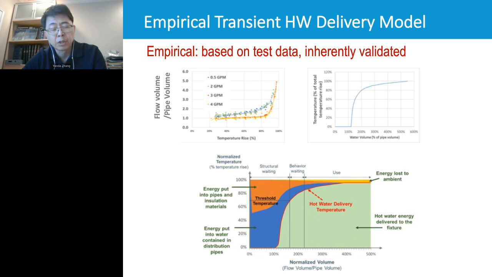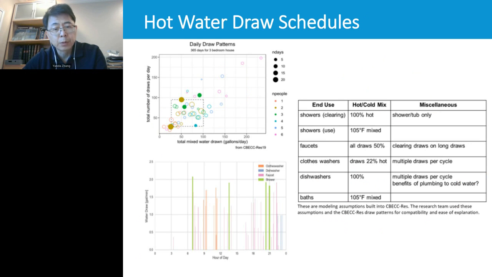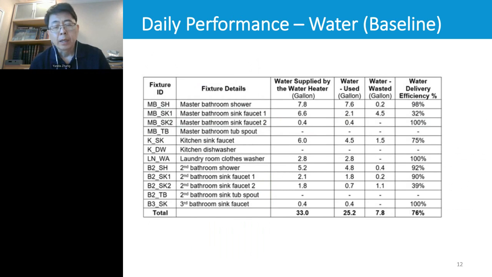For example, in the diagram here, the green area shows how much energy is actually delivered to the fixture. We also have a model that allows us to quickly configure distribution configurations, so we can look at a very broad range of distribution designs. And we use the Title 24 draw schedule to come up with detailed draw events. So with that model, we can